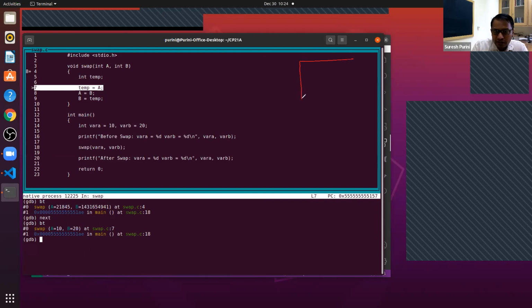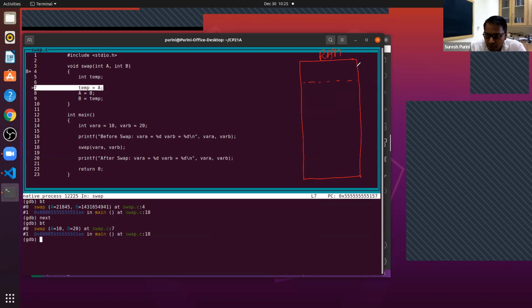this is our memory. I am giving a simplified picture of the memory. Let's say this is your memory, RAM. When you start executing the program, you enter the function main and function main gets activated.